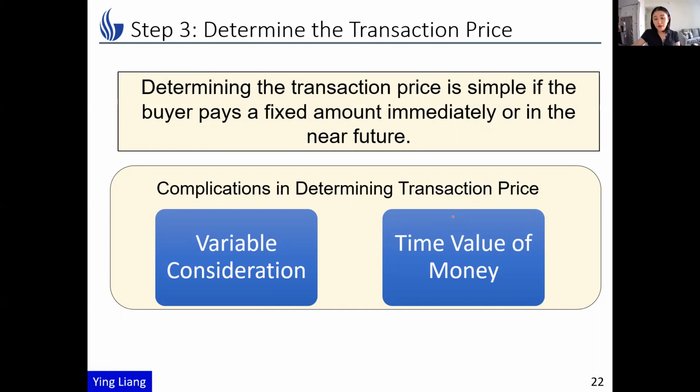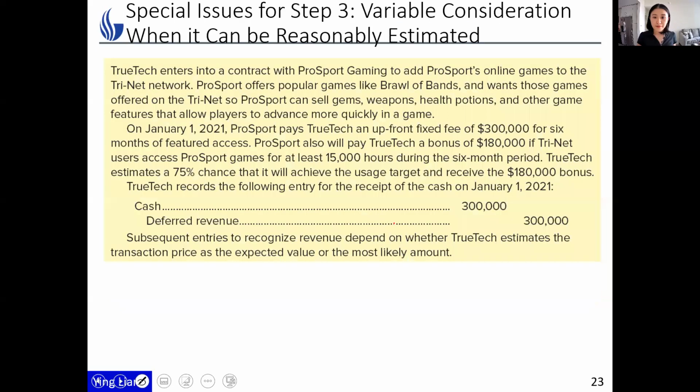Now, in this video, in this chapter, I'm not gonna talk about time value of money because number 1 is simple, and number 2, we will talk about it when we talk about long-term bonds. But basically, it means if you're gonna pay me back in the future, and we are talking about years later, you have to pay me an extra interest because time has value in the money, right? So we'll focus on variable consideration in this video.